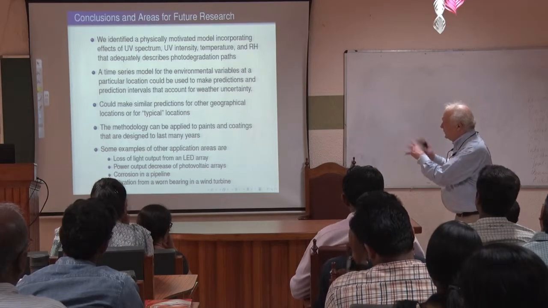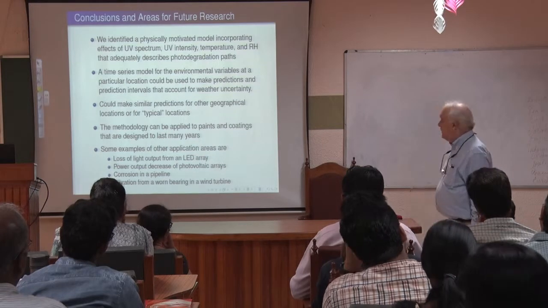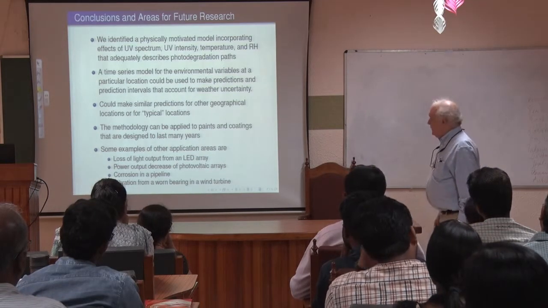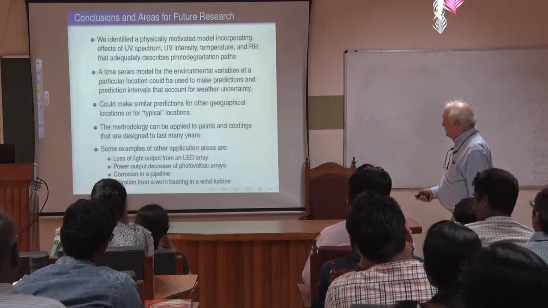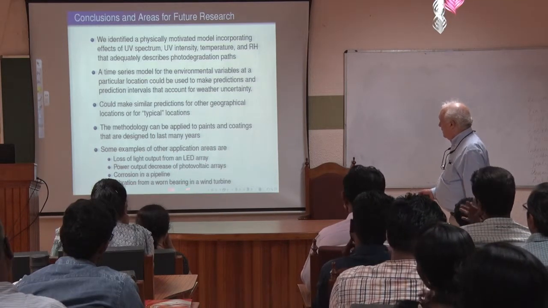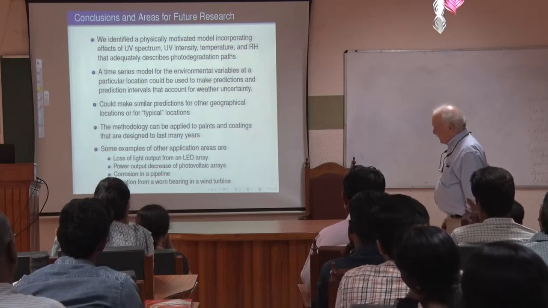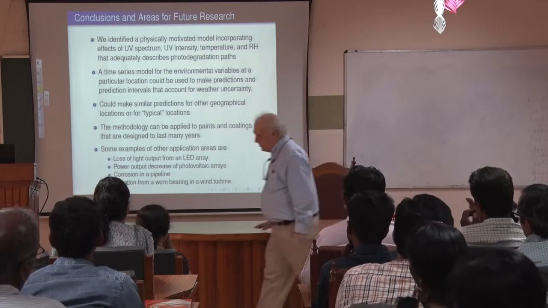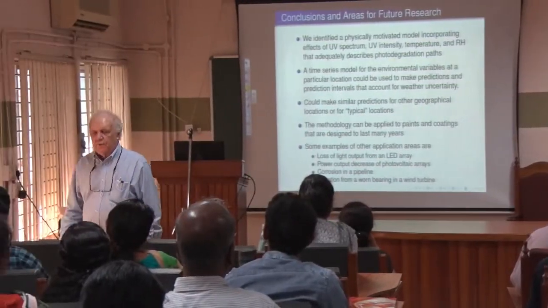So I know the scientists in NIST are working on these kinds of projects today, going beyond what we did in the original project. Corrosion in a pipeline, and also other kinds of things. So this is UV, but the general methodology could be applied to other kinds of